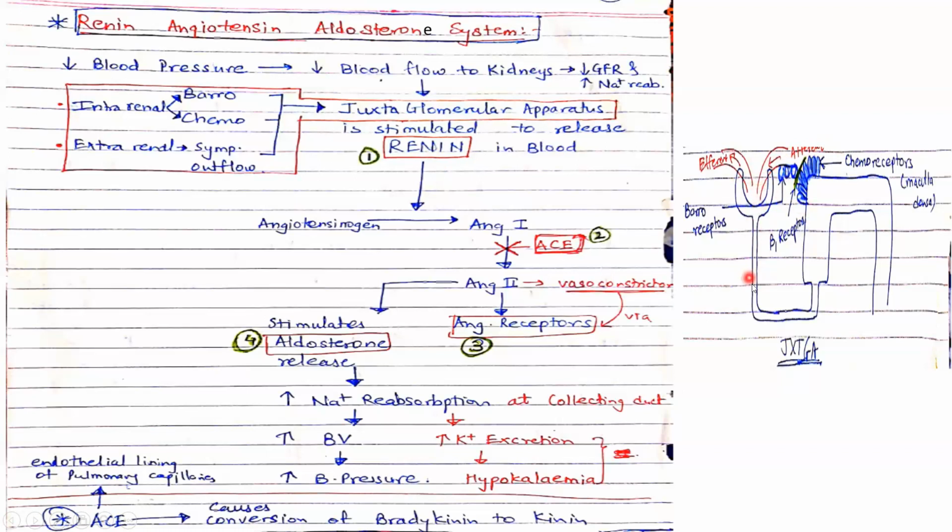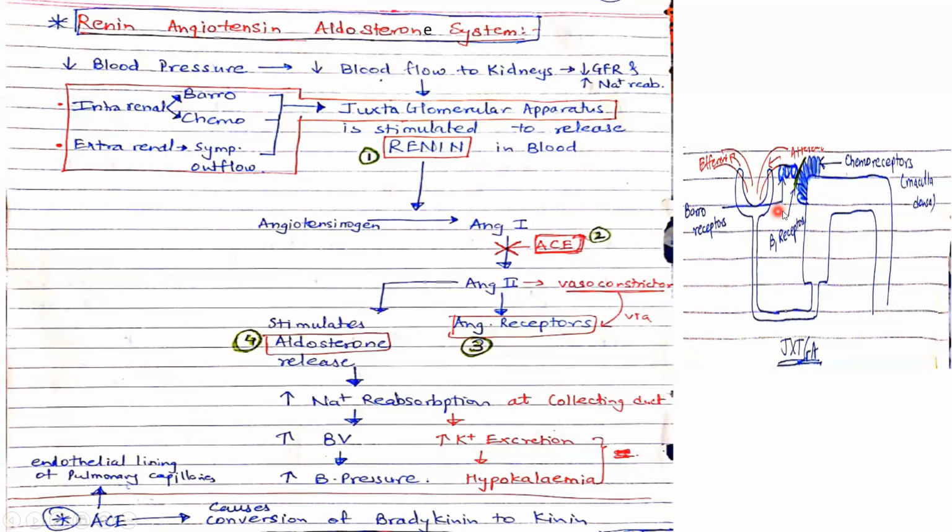Then there is a lot of sodium reabsorption occurring here. The fluid that enters here contains less sodium. That lower sodium amount in the renal fluid is sensed by these receptors, these cells. These are nothing but chemoreceptors because they are sensitive to chemicals. Sodium is a chemical, right? Sodium ion. So what they sense is, oh, there is very little sodium present here. Let me secrete more renin.